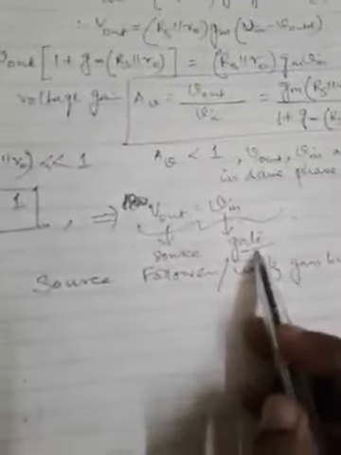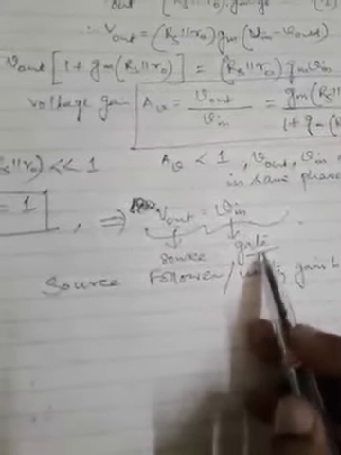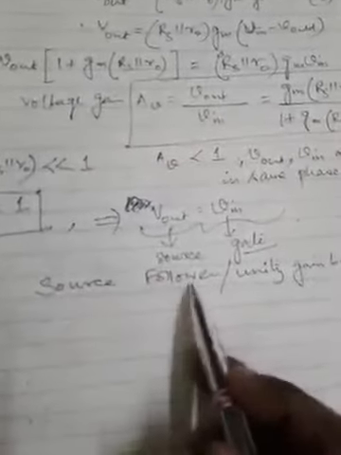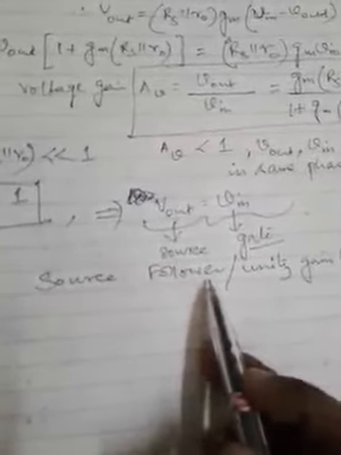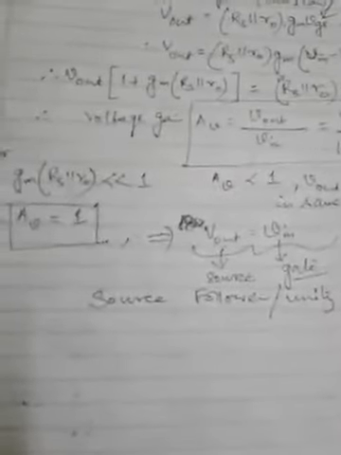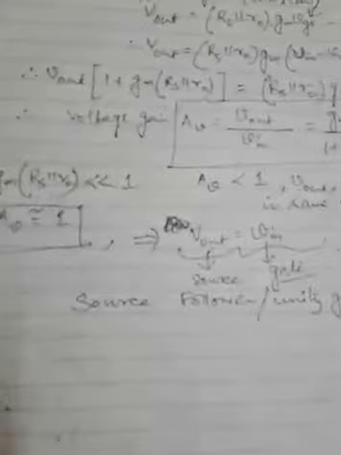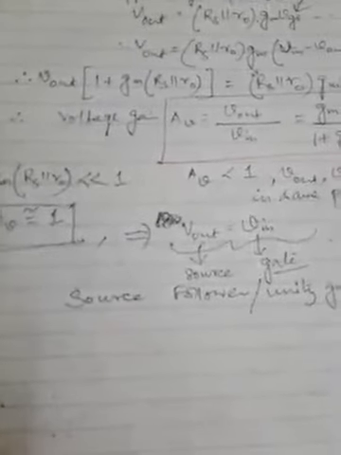So once again I repeat, the common drain MOS amplifier is called source follower because the output voltage at the source terminal will be closely following or closely equaling the input voltage at the gate terminal, and that means the output follows the input. Output is from the source, so it is called source follower, and this is happening because we have found through our analysis that the voltage gain for this mode of operation of the FET amplifier is approximately equal to unity. Okay, so let us now find the resistances.